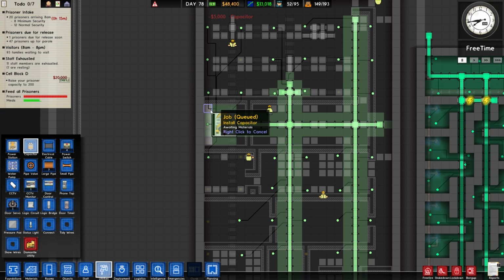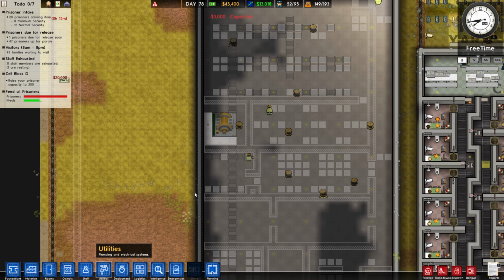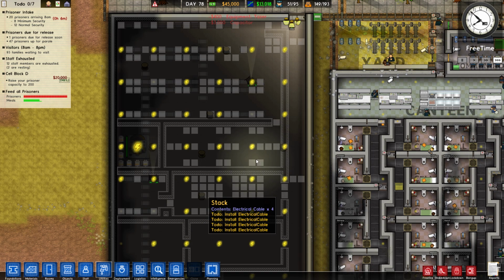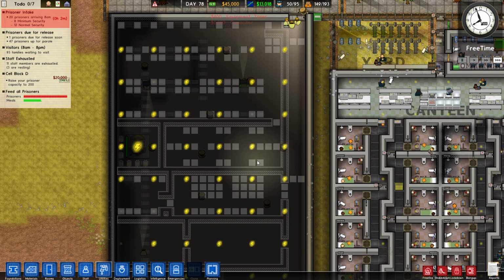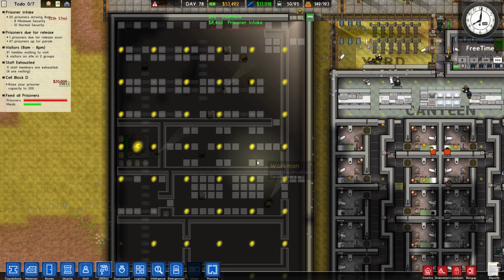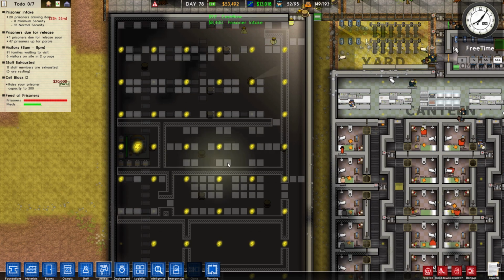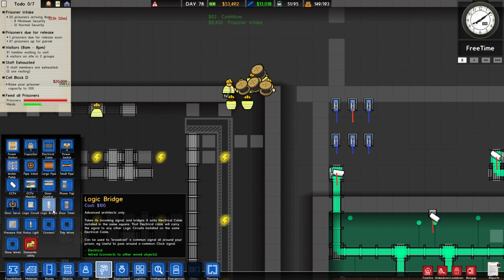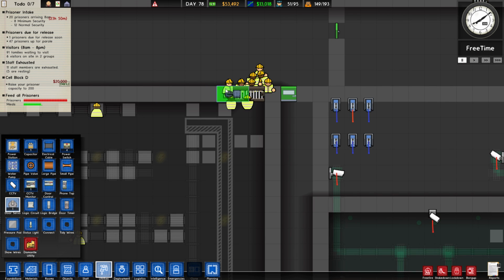Let me go ahead and put, was it 1, 2, 3, 4, 5? Let's put it here. Hopefully that's enough. We'll see. So we're going to have to put all that stuff in. Well, actually, we are going to put a servo here. However...